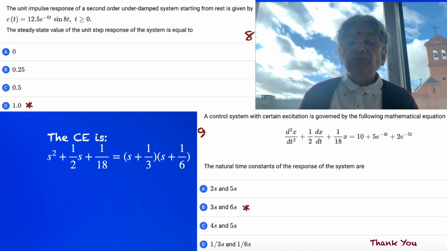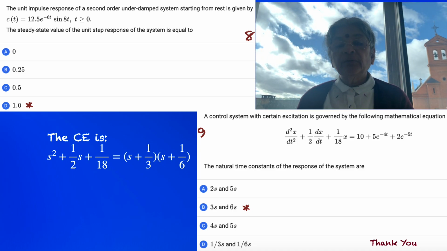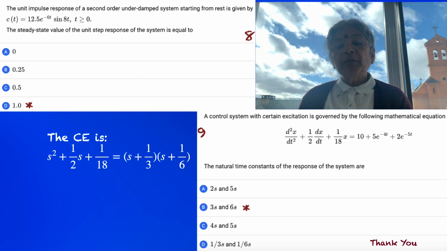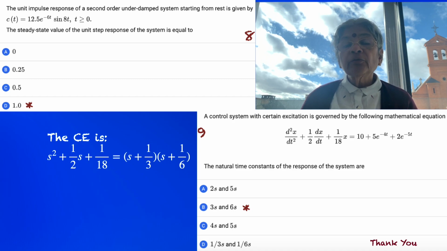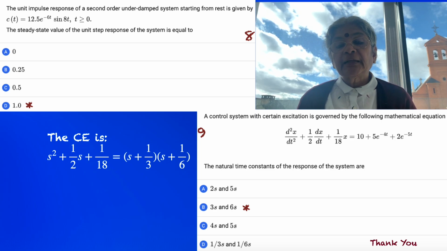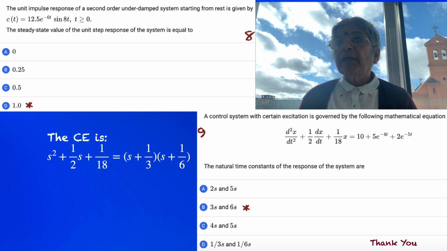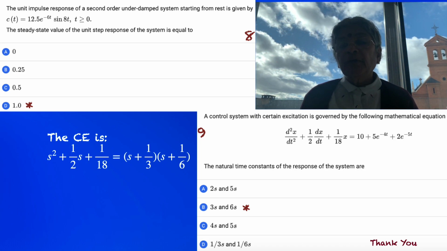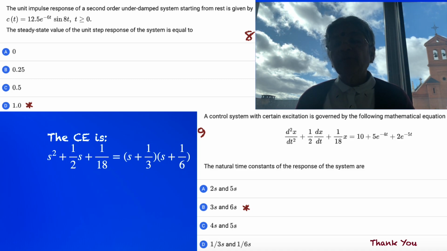The natural time constant of the system, and the response of the system, are asked. Okay? So the natural time constant will always be given by whatever is going to be the denominator, and the denominator comes from the left hand side. Let's write out the characteristic equation. Okay, the characteristic equation is given by the system and not by the input. Okay, the input is 10 plus 5 e raised to minus 4t plus 2 into e raised to minus 5t,